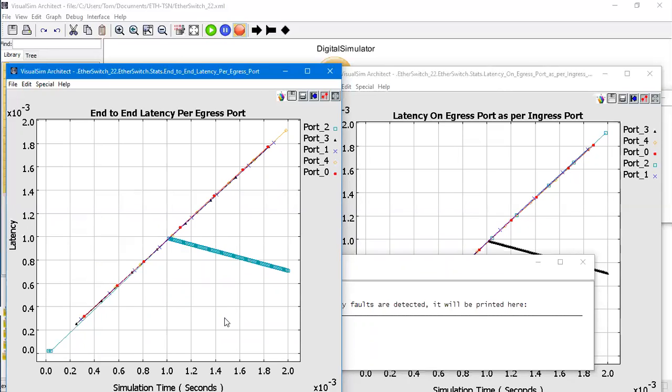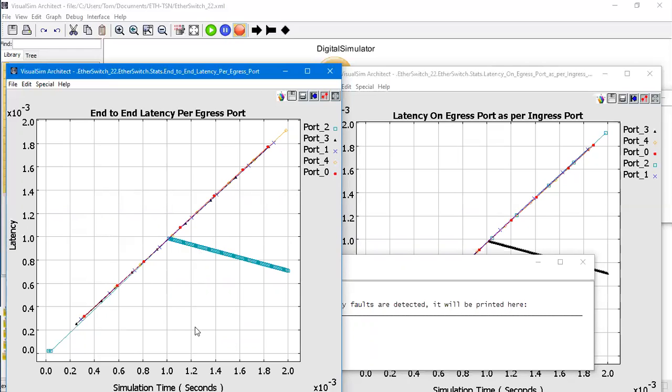This is because we haven't actually configured the TSN schedule table properly. So the packets have to wait for a longer time. The packets won't be able to be sent in a single slot. They have to wait for multiple subschedules to send the packet fully. So you can see the latency going up and up and up.